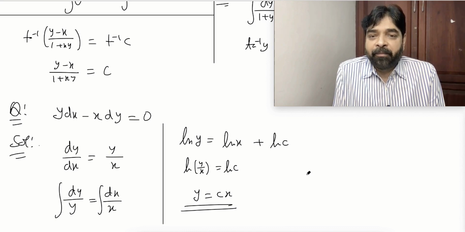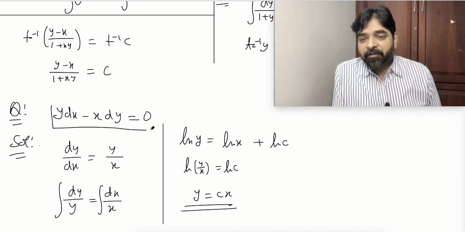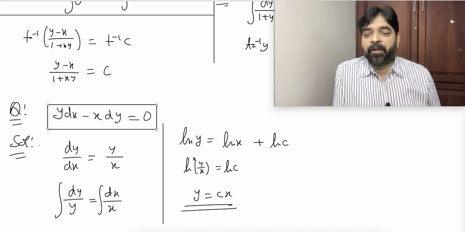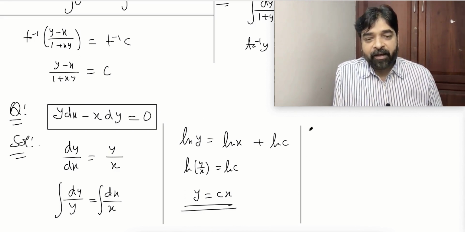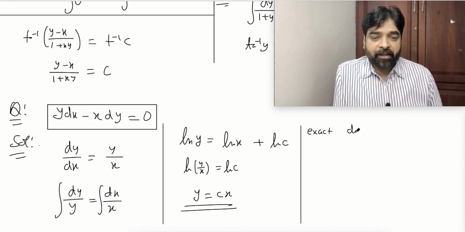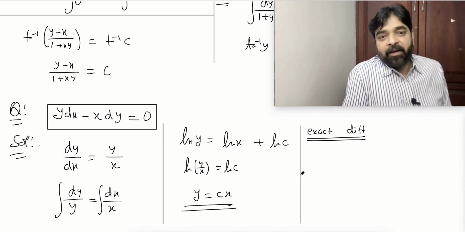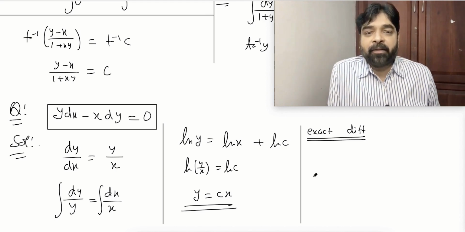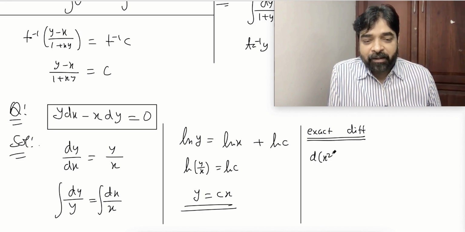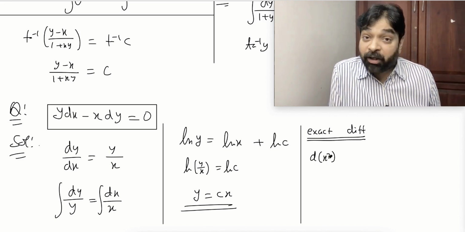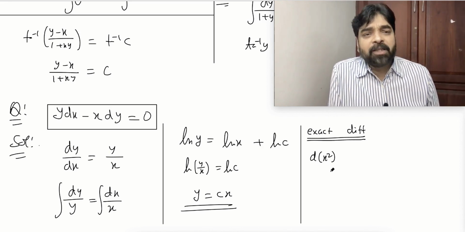Is this clear to everybody? These questions, in fact, if you know differentiation, you can do without all this drama. That is called exact differentiation. I think in indefinite integration I gave you a little bit of an idea. What is meant by exact differentiation? Differentiation without any respect to a variable. Simply differentiation. So if I ask you what is the d of x square, this is called the exact differentiation of x square. I am not differentiating with respect to x. I am simply talking about the differentiation of x square.